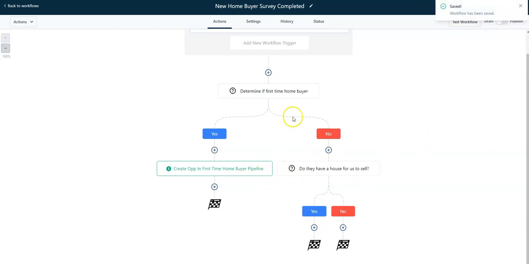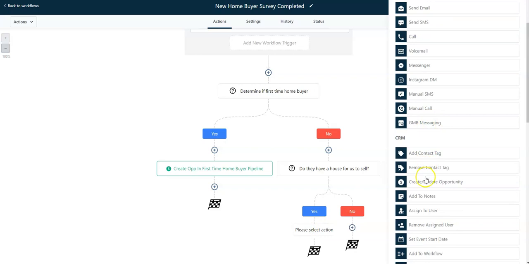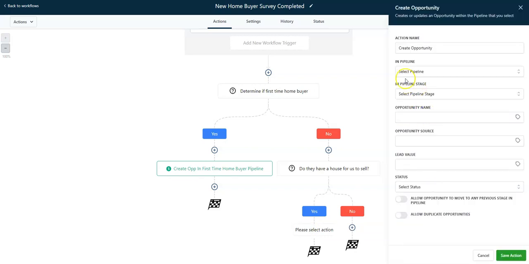So this is somebody that's come through. They're not a first-time home buyer, and they said yes that they have a house for us to sell. So pretty cool. Let's just use this as an opportunity to put both of these leads in the pipeline. So select pipeline, not first-time home buyer, has house to sell, status open. Create opportunity. Remember, we're going to call this create op in not first time home buyer pipe